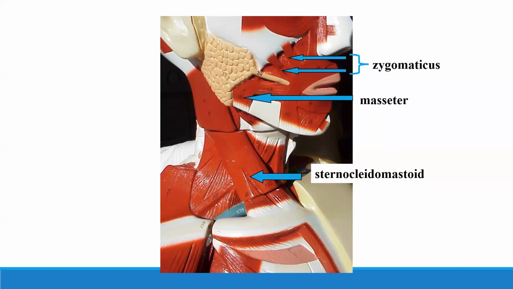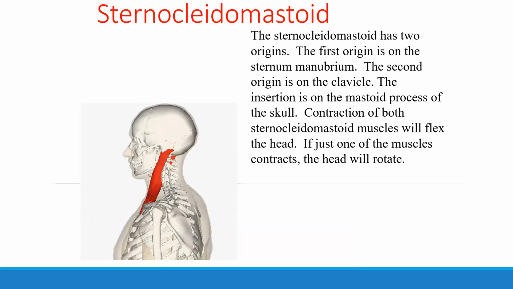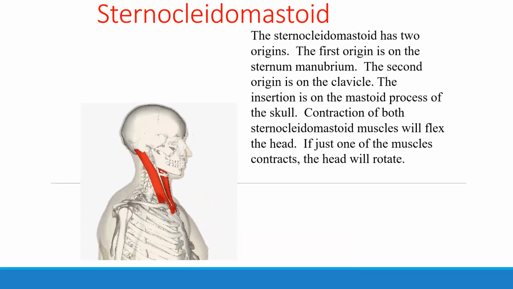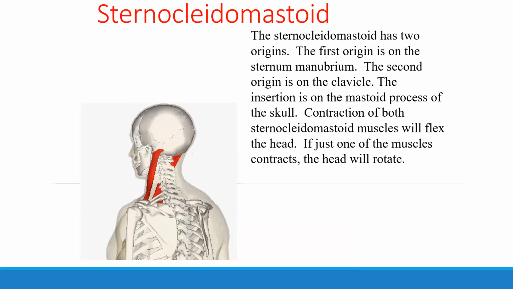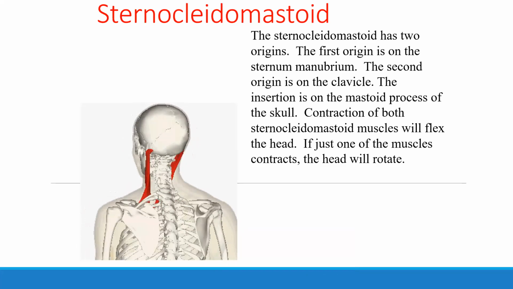When the sternocleidomastoid contracts, it pulls our head in the direction of whichever side is contracting. If the right side is contracting, our head is pulled in that direction. If the left side is contracting, it's pulled in that direction. The origin is on the sternum and clavicle. The insertion is on the mastoid process. It's a very large and powerful muscle. So there is our sternocleidomastoid right there. It has two heads, two origins, the sternum and the clavicle, and inserts on the mastoid,